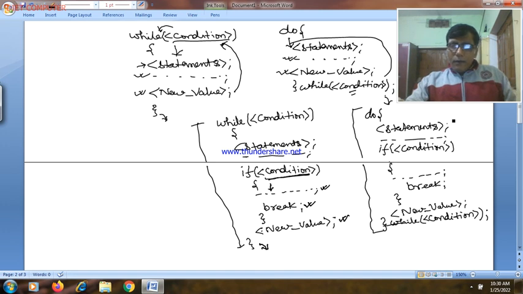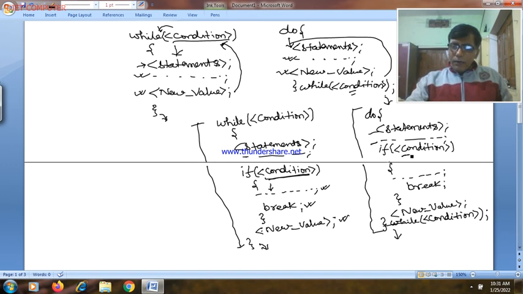Similarly, when the compiler is processing your do while loop in the program, and if the compiler encounters the break statement inside the do while loop, then the flow of execution is transferred outside the do while loop body. This means that when the flow of execution enters inside the do while loop body, the very first statement inside the body gets executed, and then the next statement is executed, and when the compiler